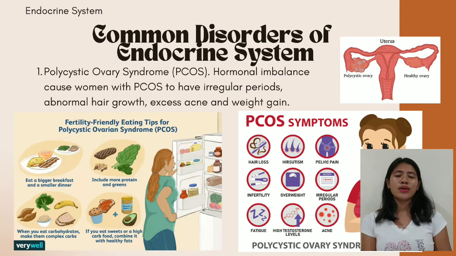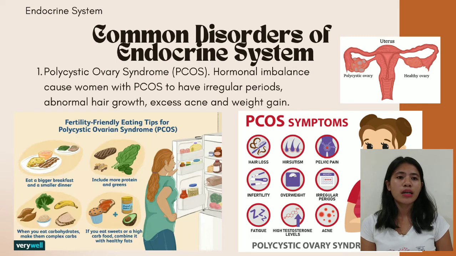endocrine system. So first, we have here the polycystic ovary syndrome, or the PCOS. So this hormonal imbalance causes women with PCOS to have irregular periods, abnormal hair growth, and excess acne and weight gain. So we have here the example of the ovary which has the polycystic ovary syndrome. So makikita natin na yung healthy ovary has no cysts, and the polycystic ovary has lots of cysts in the